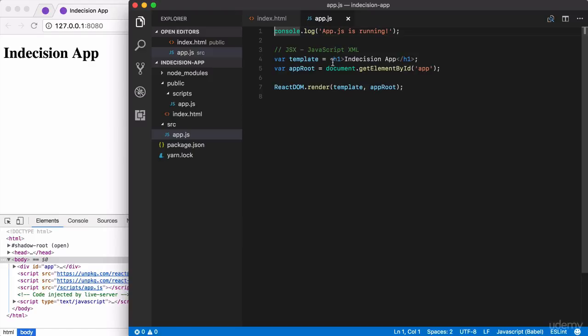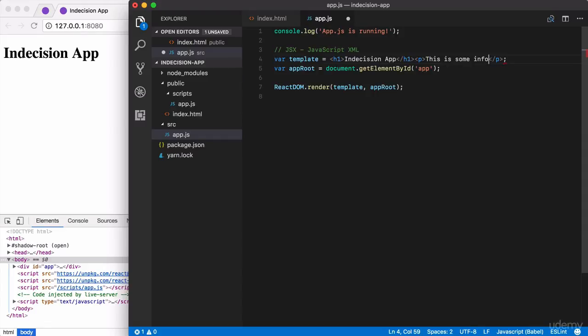And let's just start off with adding another element. So currently we have a single H1. Let's say, for example, we also want to add a paragraph tag down below with a little more information about our app. How do we do that? Well, we're just going to tack on a p tag right here. After we open and close H1, we are going to open and close a paragraph tag. And we can type some text. This is some info. Now, if we go ahead and save this, the Babel compiler is going to rerun and